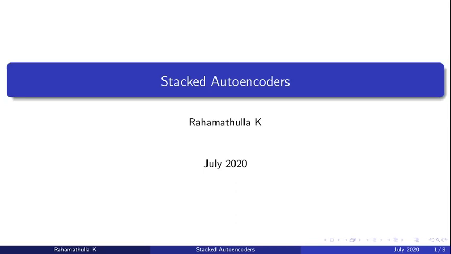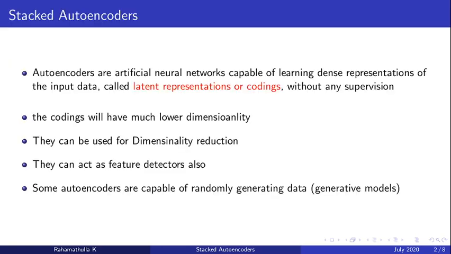Hi everyone. So our next topic is stacked autoencoders. In the last video we saw a simple autoencoder with only an input layer and an output layer. In the input layer you directly transform, or compress, your data into some lower dimension, and in the output layer you directly transform, or decompress, your data from the coding to the corresponding input shape.